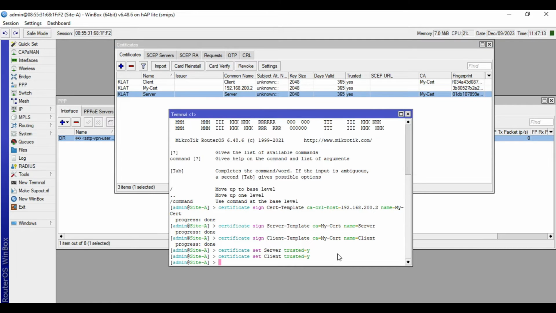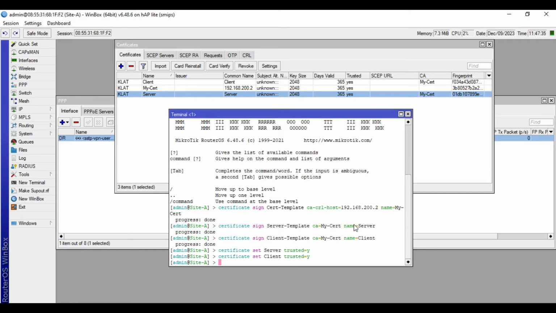What we'll do next is to export these certificates. So we will export the my cert certificate and client certificate, for it to be imported in the remote site MikroTik.